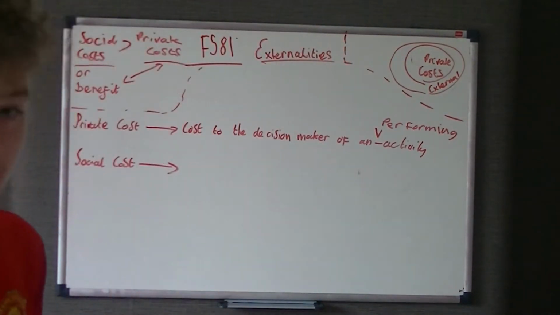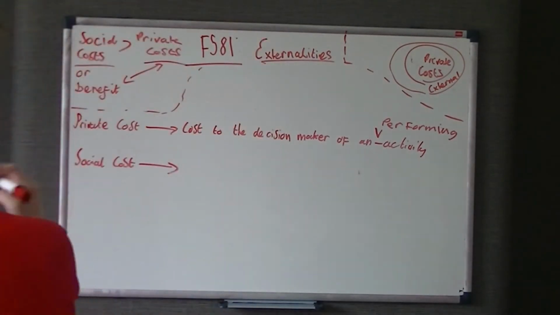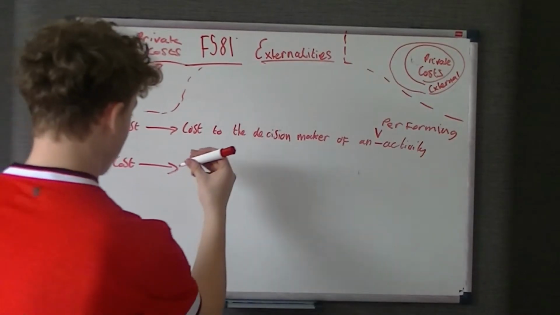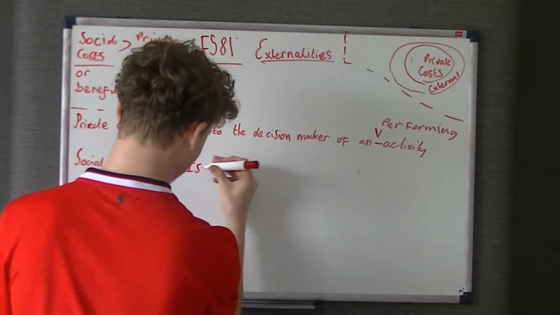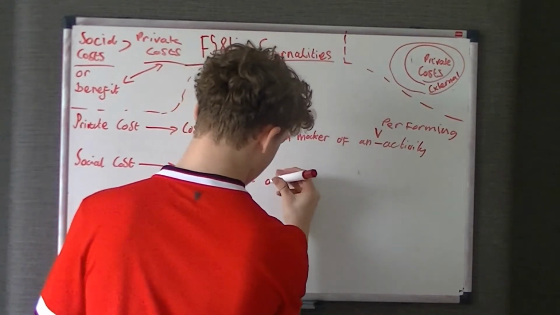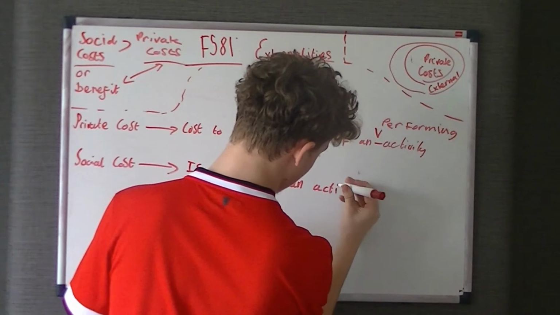So that's the definition for an external cost. I'll write that down in a minute, but I'll just give you an idea of where we're coming from. So the social cost is the cost of an activity